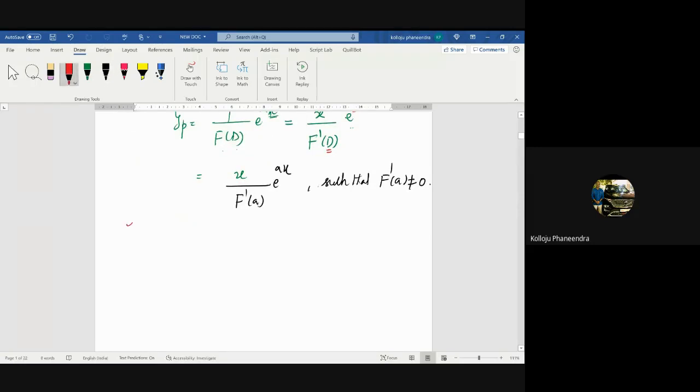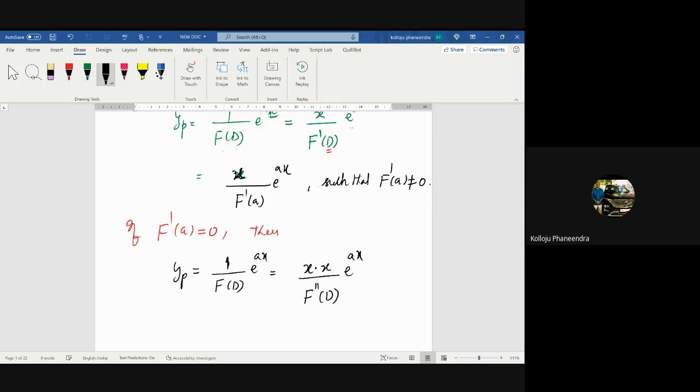Now if f dash a is also 0, then yp equal to what you have to write? What is actually 1 by f of d into e power ax is there. Now f dash a is also 0 means already 1x is there. Then you write x into x, 2 times multiplied, and take the double